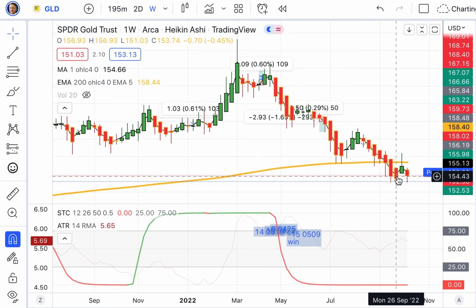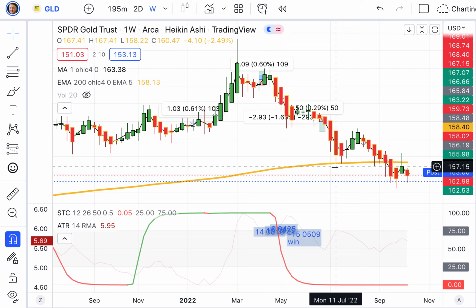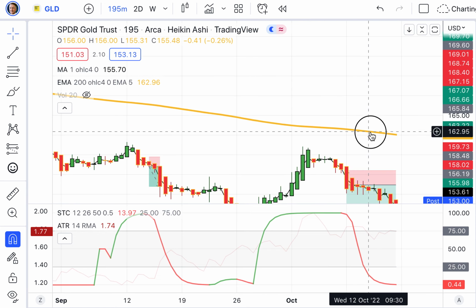What do you think? This looks like you ought to be buying gold over the last many weeks. Maybe it's bottoming out, but it was down 1.25%. I don't like to buy things and see them lose money. Now, we look at where we are on our negative trade on gold, and there isn't really a good inverse